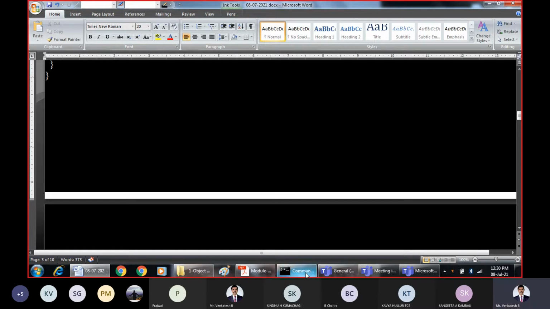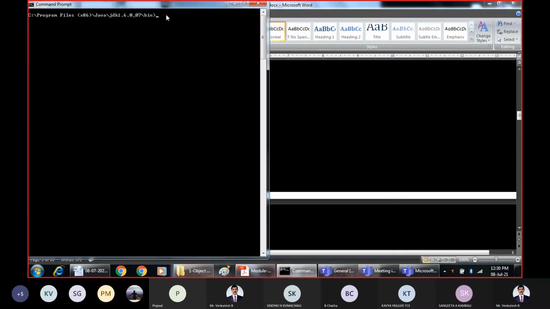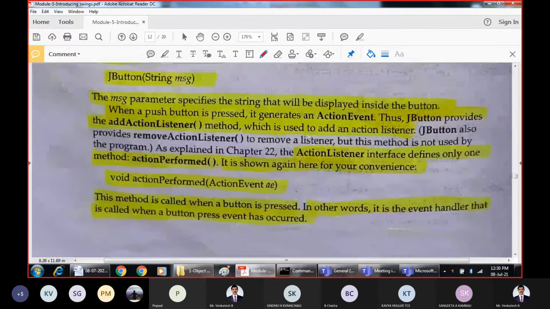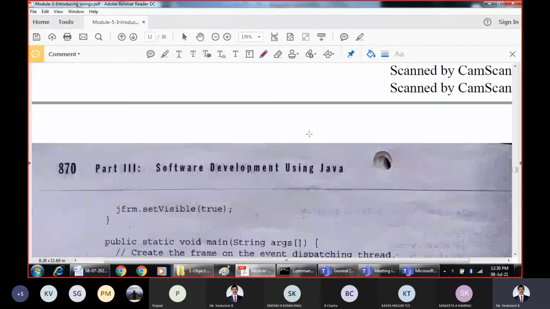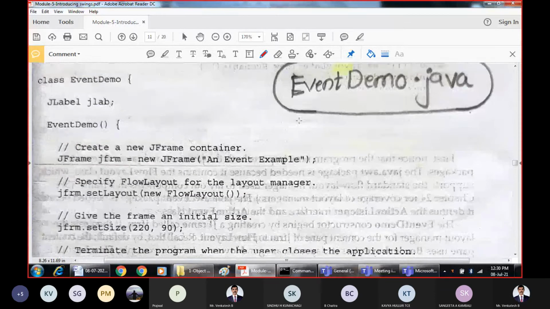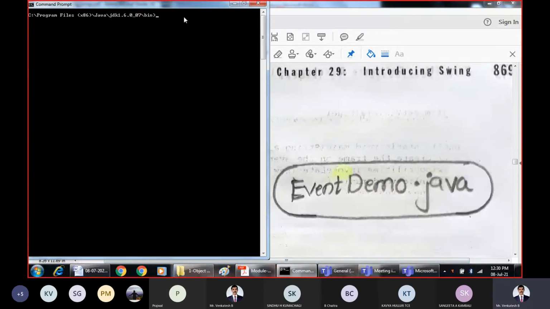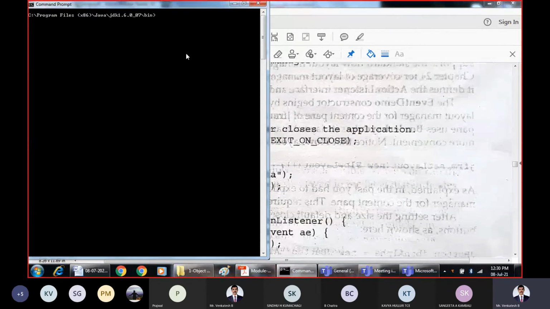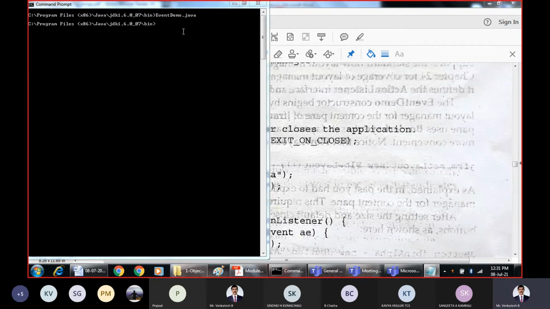Now let us see the demonstration for this. That is the EventDemo class, whatever we have discussed. The source file given for this is EventDemo.java.